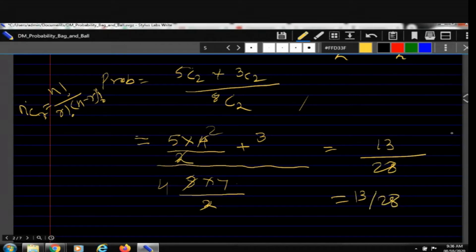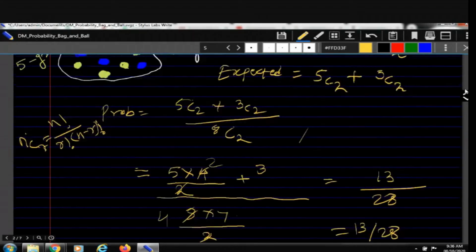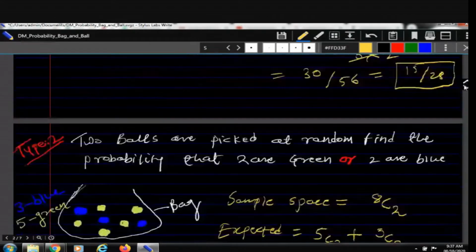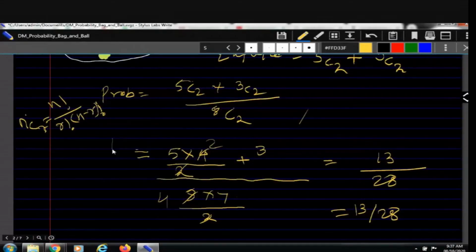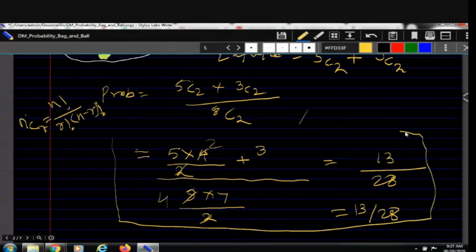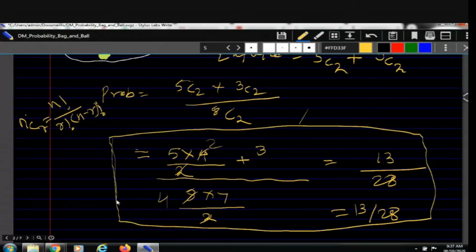I don't think it can be simplified. Okay, so 13 divided by 28. The previous answer we had got as 15 divided by 28. Here we have got 13 divided by 28. Okay, so these calculations you should be doing on your own. And try to do this manually without using the calculator. In examination, if calculator is allowed, you should go with the calculator. But in your aptitude and competitive kind of examinations, you will not be allowed the calculator. In your university examination, you will be allowed the calculator. There you can use the calculator. But for aptitude and competitive examinations, you will have to do it without a calculator. In GATE examination also calculator is allowed, so no problem.